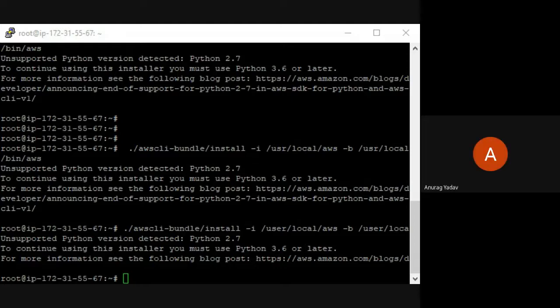Ma'am, I uninstalled Python 2.7 and installed the latest Python 3.8. Yeah, even I installed 3.9. Still, it is not working. Yes. See, in Stack Overflow, I got some commands and I tried the first one, sudo apt install python3. I got that command from Stack Overflow only. But in the last week, it was working fine.